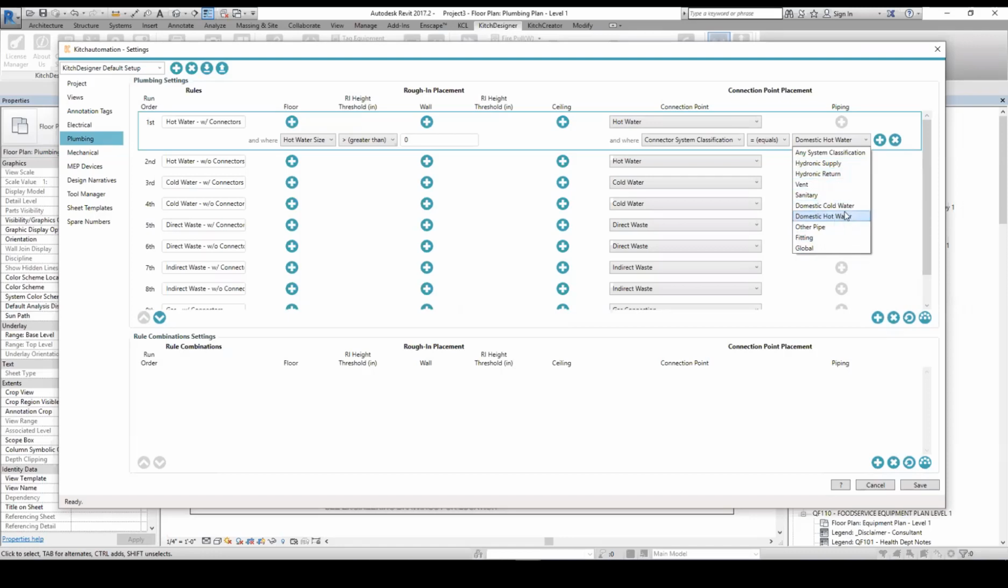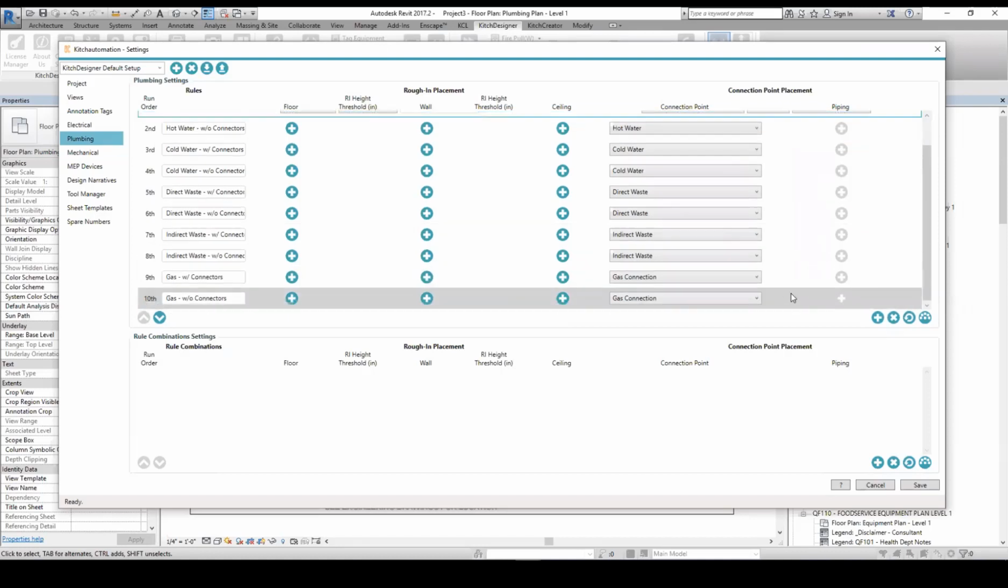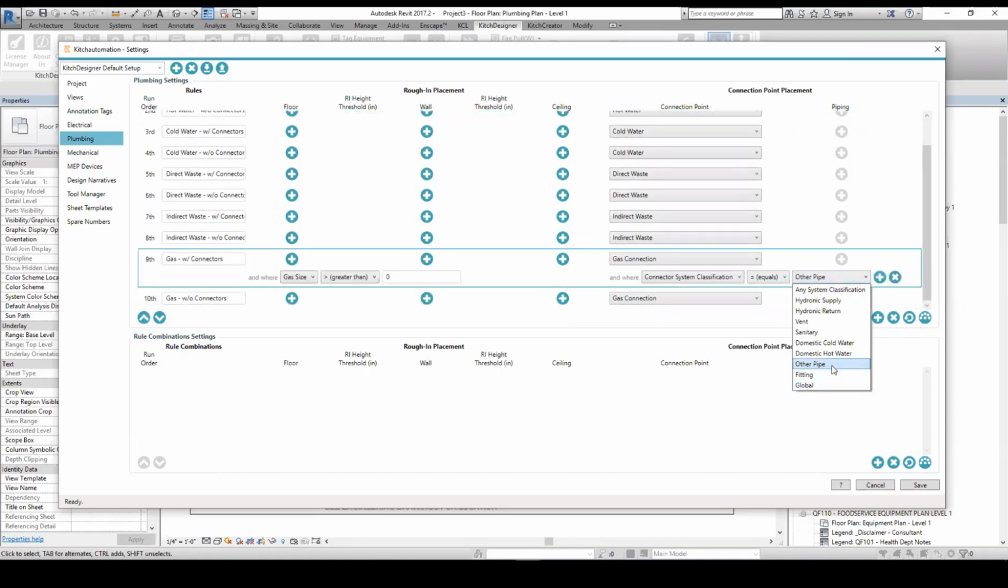We have one for hot water, we have one for cold water, we have one for sanitary. The FCSI standards for creating content specify that gas should use the other pipe category for connectors. And then I believe that hydronic supply and hydronic return are for chilled water return and supply. So we have these